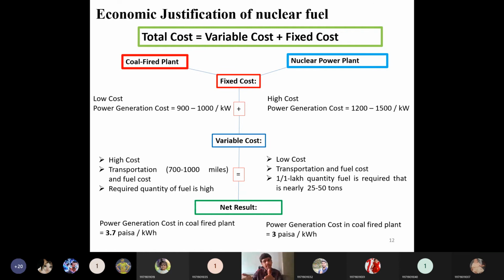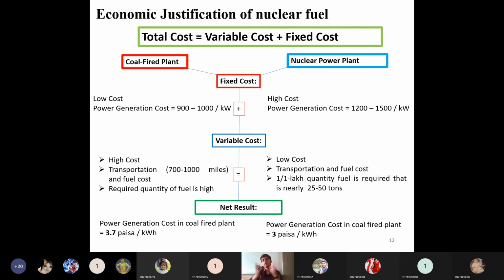Fixed cost is nothing but the cost to erect a plant and to replace depreciated plants; everything comes under fixed cost. Variable cost or operating cost is nothing but the cost to run that particular plant. The auxiliaries and various raw materials all come under the variable or operating cost. This total cost is divided into two components.